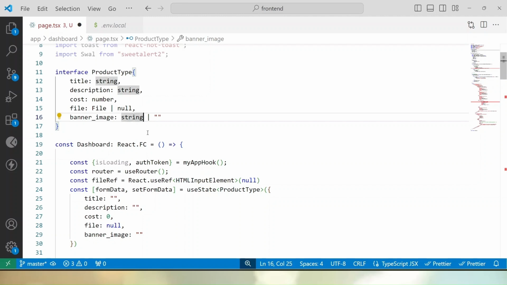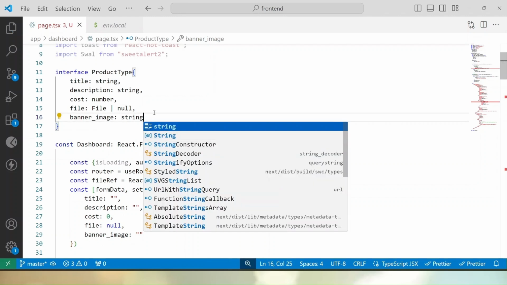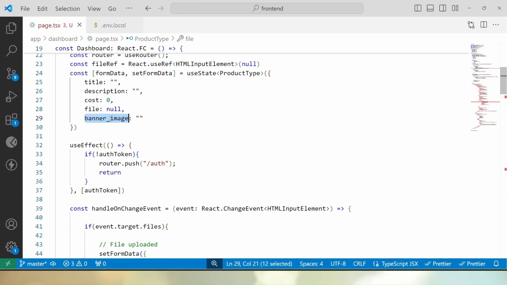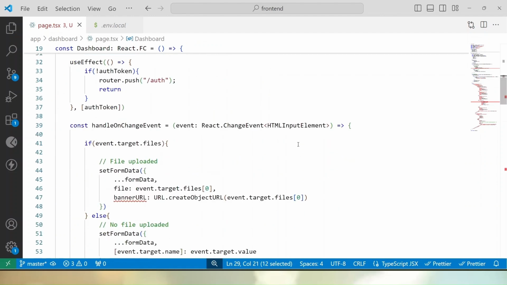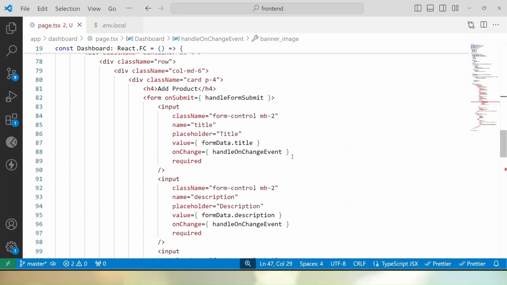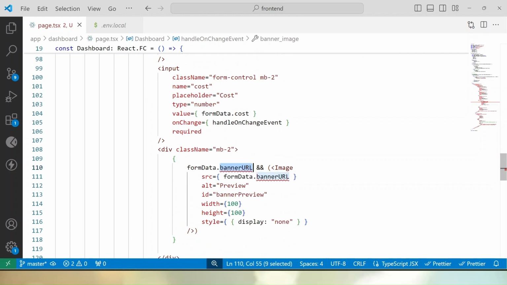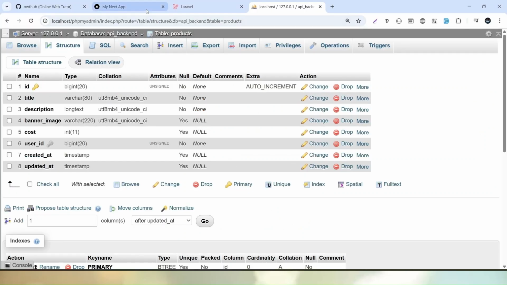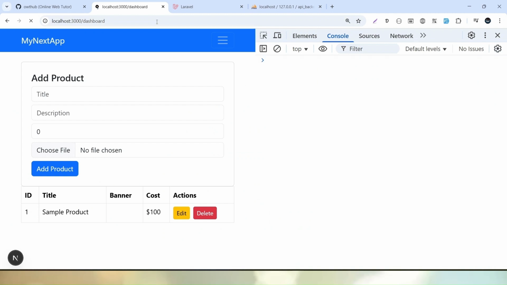And here let's remove this one, save these changes. And I think we have changed banner URL to banner image. So here we have some error. Save these changes, and if I scroll, it will be banner image, and here it will be banner image. Save these changes. Now if I go back to browser, let's reload